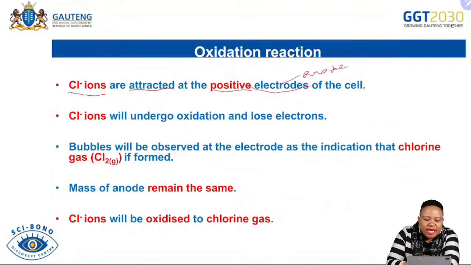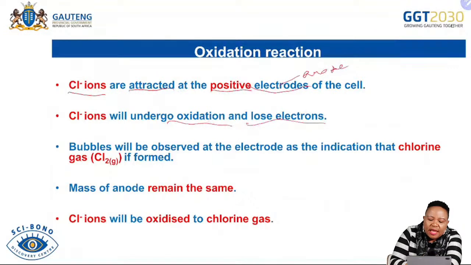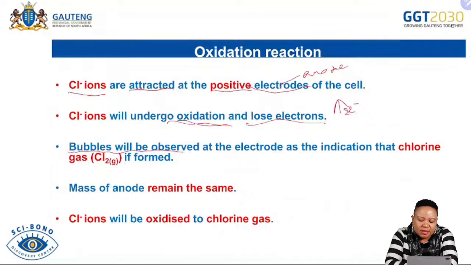So therefore, it means our chloride ion will undergo oxidation and do what? And lose electrons. What will happen to the electrons that they will lose? When they lose electrons, those electrons will go to the reduction side. And what is going to be observed physically, you'll observe bubbles forming at the anode to show that chlorine gas is formed. And also,